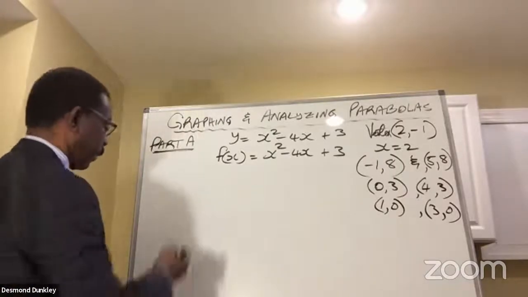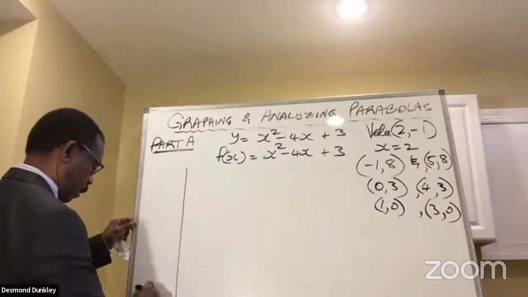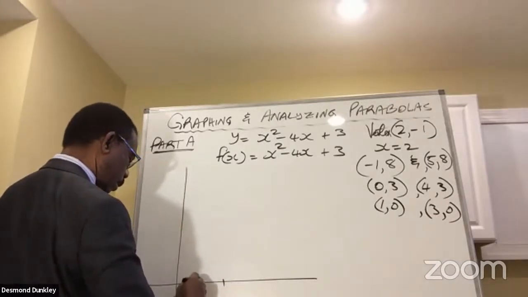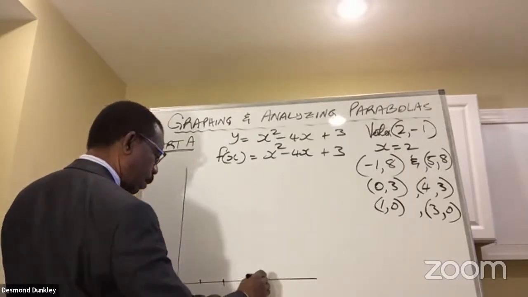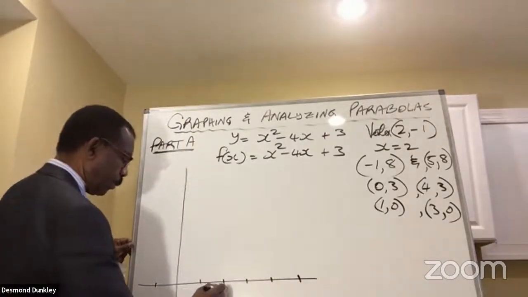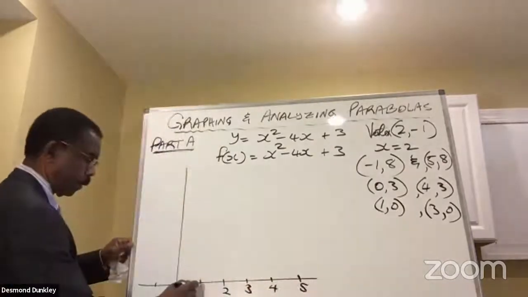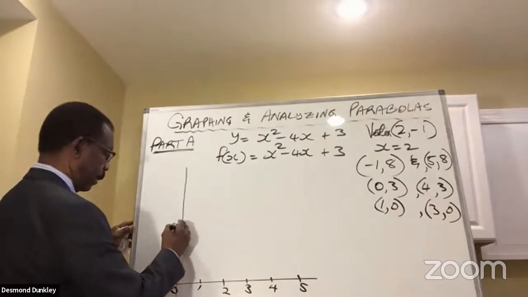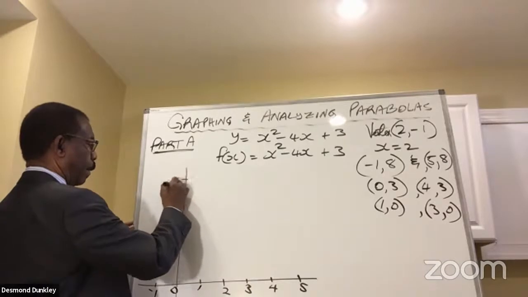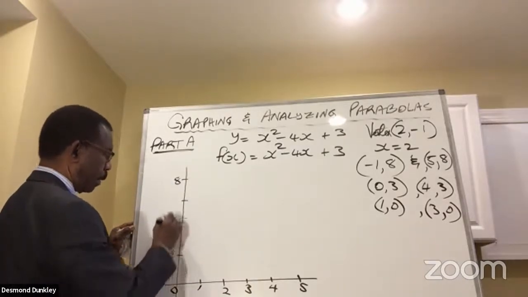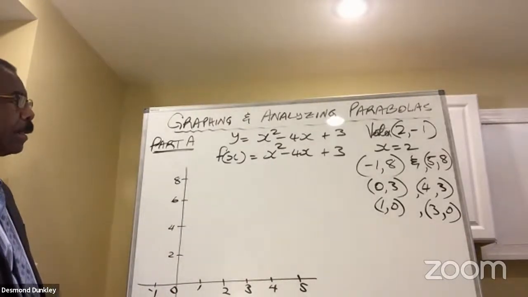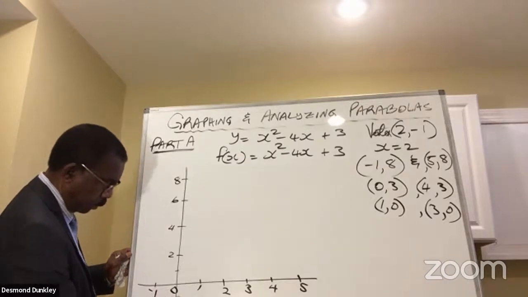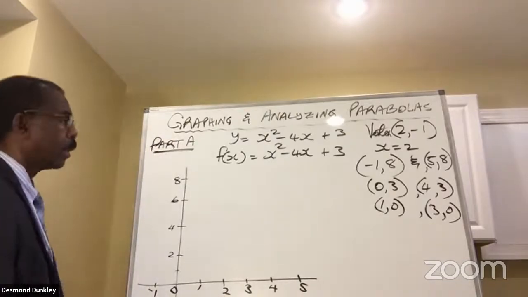So let's go. We know that this is 2, 3, 4, 5. 1, 0, -1. How far did we go? We go as far as 8. Let's go like this. Okay, so we said that the vertex is 2, -1. 2, -1 is the vertex. So we know that our axis of symmetry